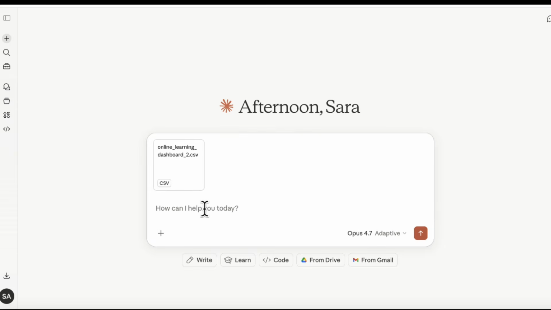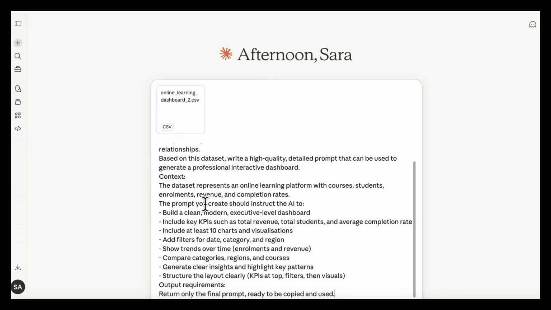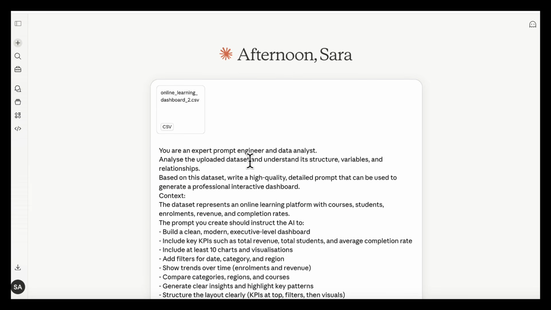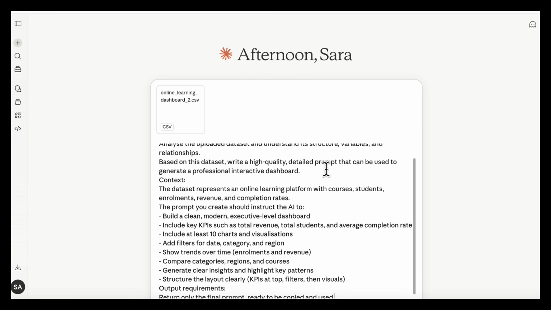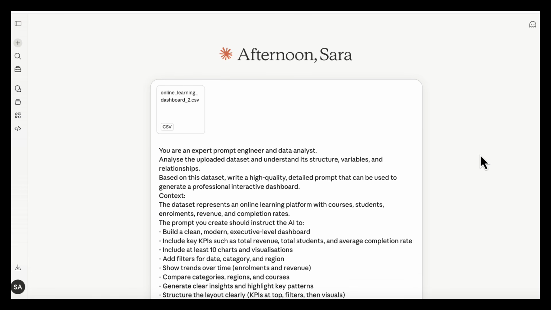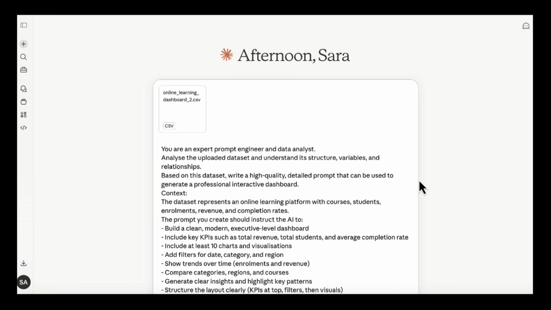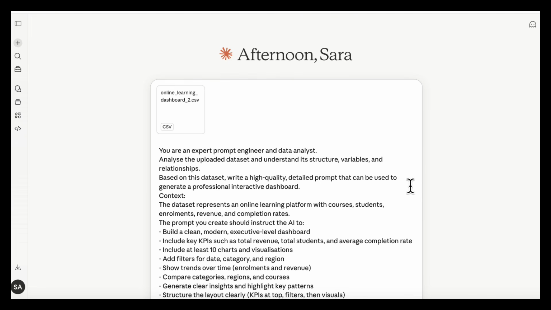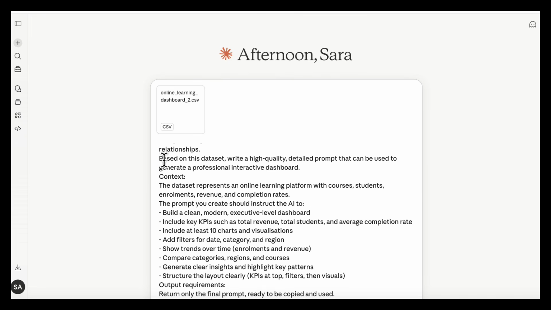Now, once we've uploaded the dataset, the most important part here is that we will get Claude to write the prompt for us based on the information in our dataset. So I will not ask it to analyze and create the dashboard just yet. I will first add this prompt. You are an expert prompt engineer and data analyst. Analyze the uploaded dataset and understand its structure, variables, and relationships. Based on this dataset, write a high-quality, detailed prompt that can be used to generate a professional interactive dashboard, and